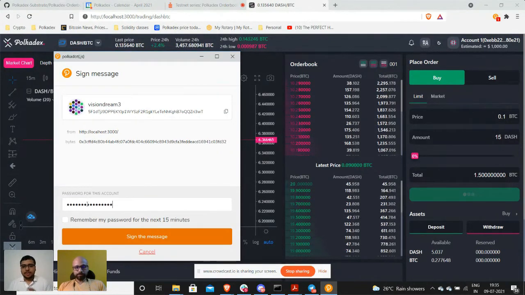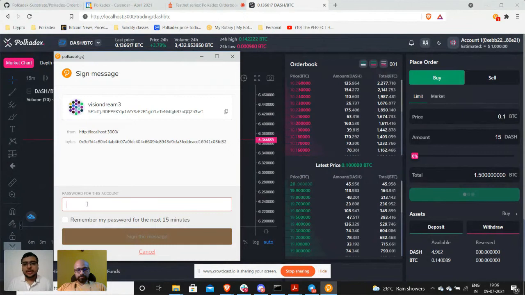As you can see here, for the user to sign in or log in, instead of the traditional way of using email and password, Polkadex will be using the wallet. That will be the login information. So you don't need to remember any password. It's really just the password that is used for the Polkadot.js extension, and it actually provides a better experience.